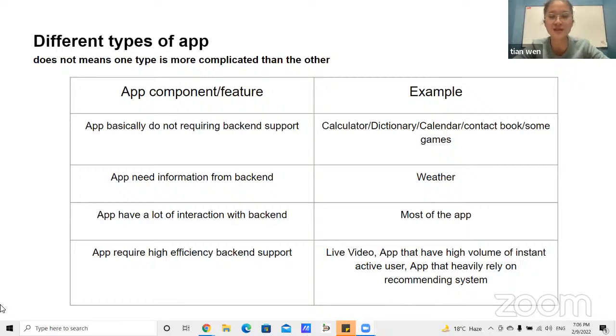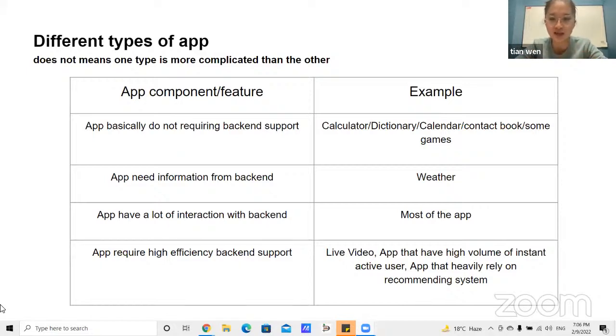The first type is an app that doesn't need backend support, for example a dictionary or a calculator, where most of the logic is inside the app itself. So there is basically no information transaction between the app and the server.